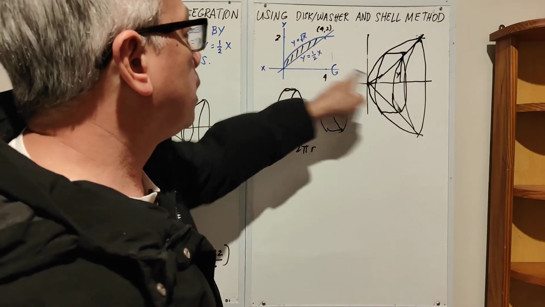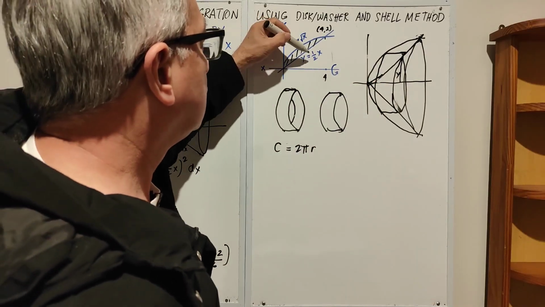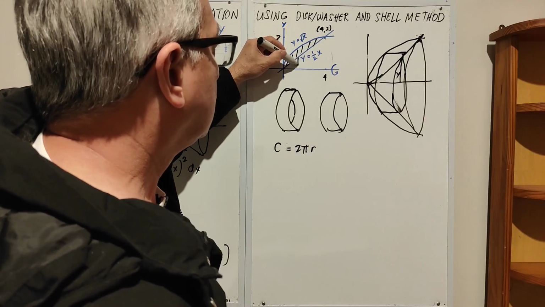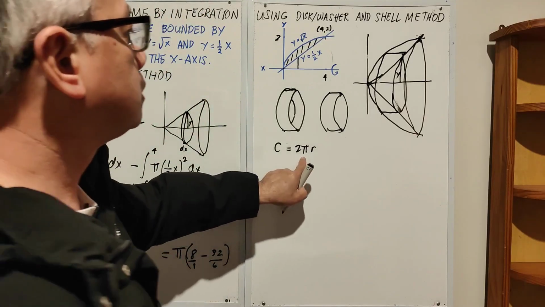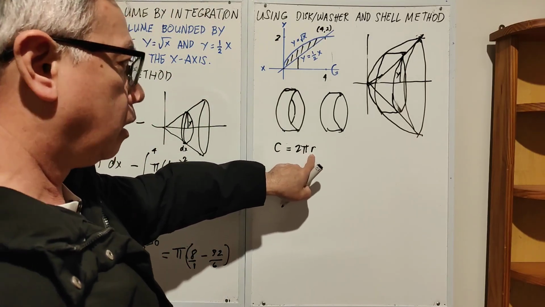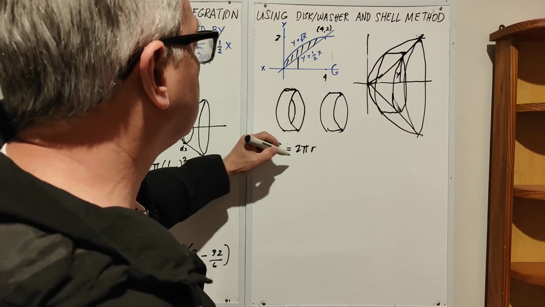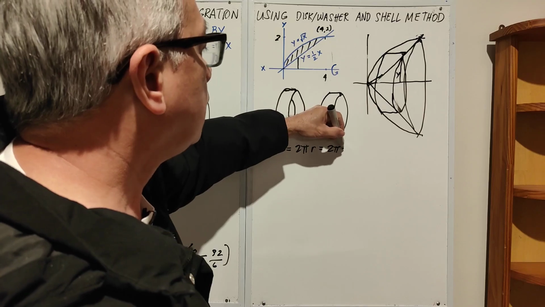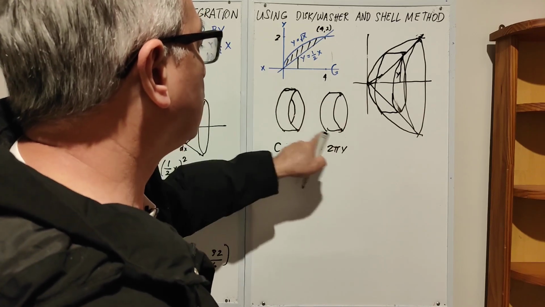So your y in this case will be this. y is equal to 1/2 x. This is your y. So you can substitute r with your y. So circumference will be 2 pi y, and then we multiply by